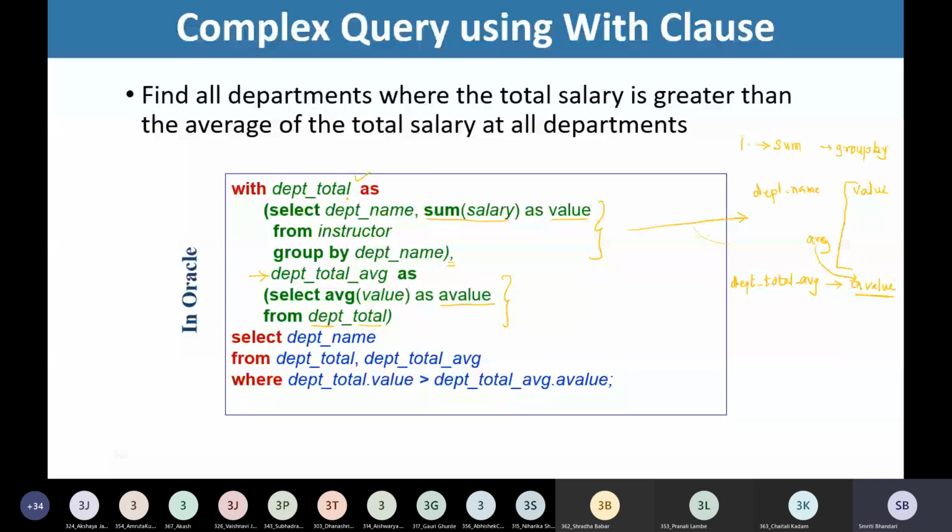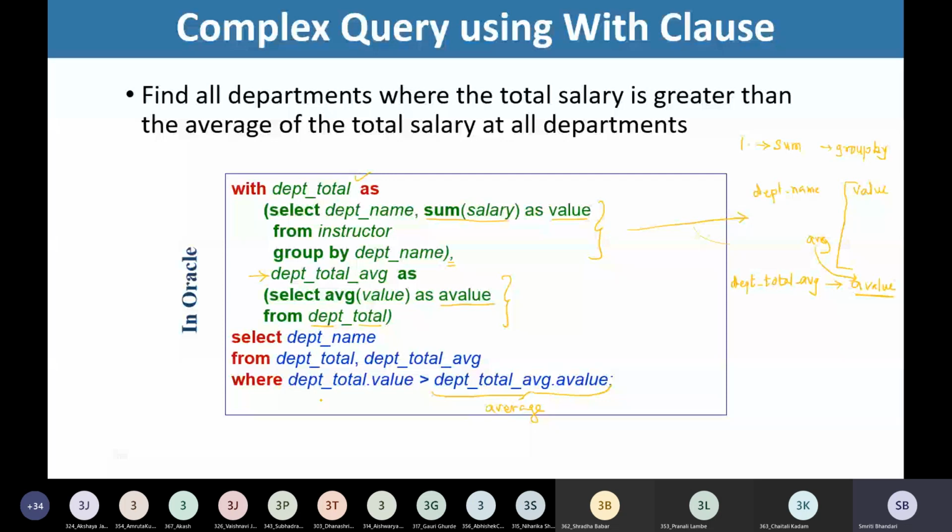So select department name from department total that we have created, department total average that also we have created locally. So we are making use of these two relations where department total dot value is greater than department total average dot a value. This is our average value, average of all total salaries, and that is being compared with every sum of salaries of each department.